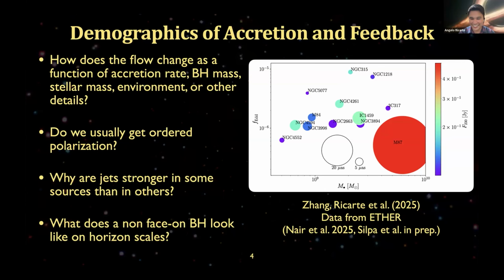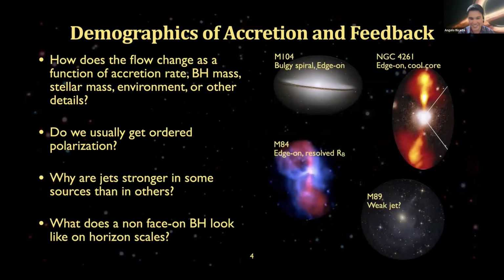Now, looking at it this way, I think it undersells the literal galaxies of information that we have that actually distinguish each of these as a unique laboratory for astrophysics. And they're all unique in different ways, and we can use these for comparative studies to study the accretion flow as a function of accretion rate, black hole mass, but also stellar mass, environment, and other aspects of black hole galaxy coevolution. As an example, we have NGC 4261, which lives in what's called a cool core, which is often described as inefficient or failed AGN feedback, and yet we see these jets.